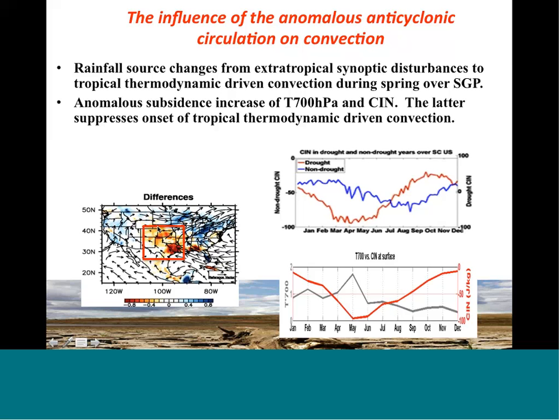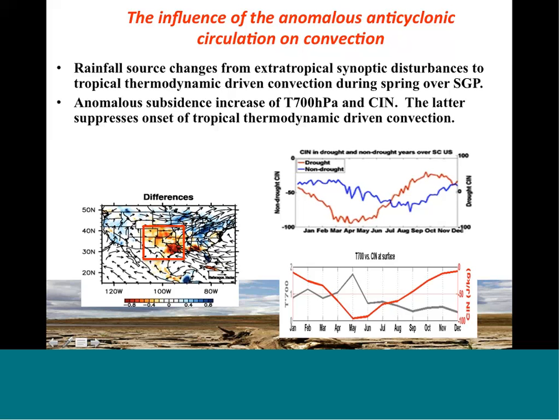To explore how this anomalous circulation influences rainfall and convection, we did a composite analysis for convective inhibition energy, as shown by the red curve in the top right panel, versus the convective inhibition energy of non-drought years over the southern Great Plains. As you can see, for the drought year, you see a very strong increase of the convective inhibition energy during the spring from March even to June, versus the non-drought year, where you actually have a much weaker